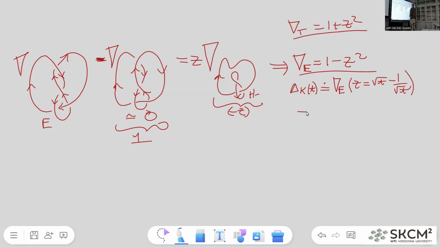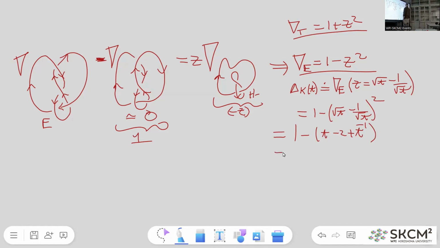And so I'm going to get 1 minus root t minus 1 over root t quantity squared, which is equal to 1 minus t minus 2 plus t inverse. And so I get 3 minus t minus t inverse, which could be written as